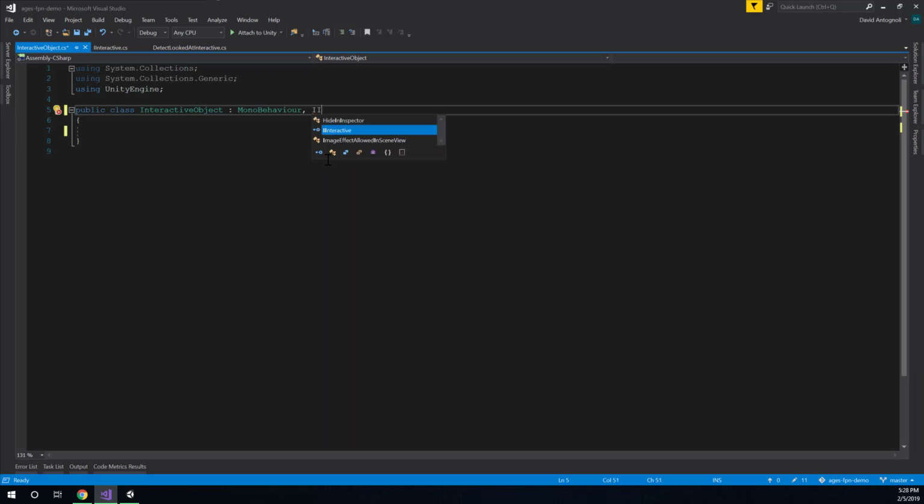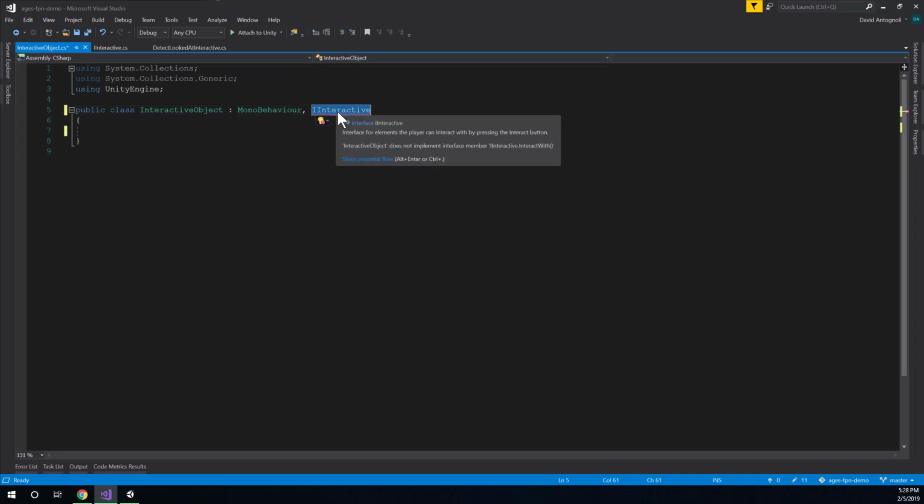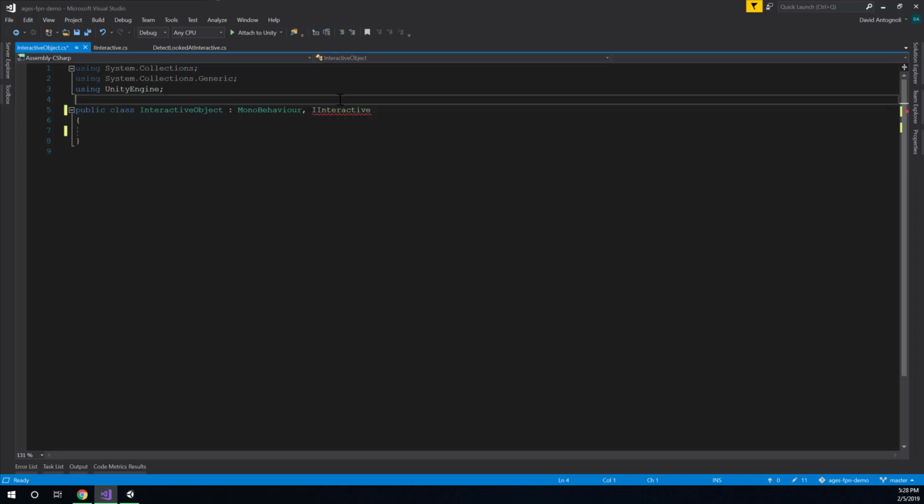So it's going to use IInteractive, and you can see it's telling us we have an error, because we're claiming that this implements the IInteractive interface. However, it doesn't implement the one thing that all IInteractives are guaranteed to have, this InteractWith function. So we could go and put that in there right now, but what I think is cool is if you actually click on this red underlined